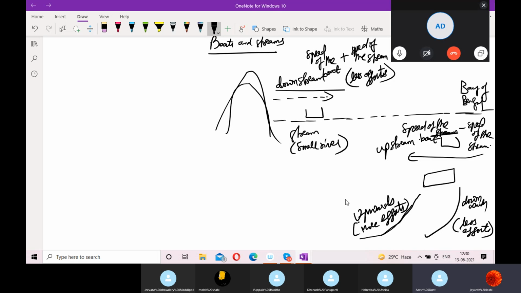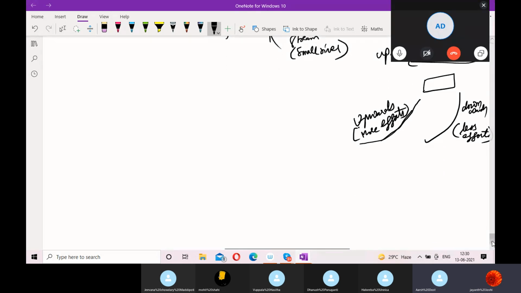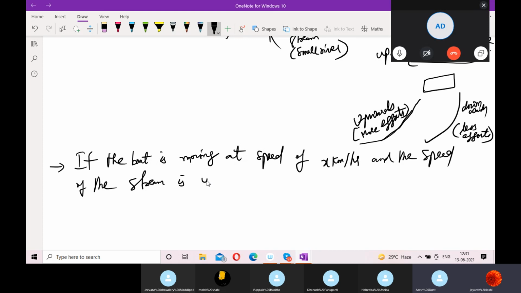Okay, now see. Suppose some assumptions I'm making here: if the boat is moving at a speed of x kilometers per hour, this is the speed of the boat, and the speed of the stream is y kilometers per hour, then